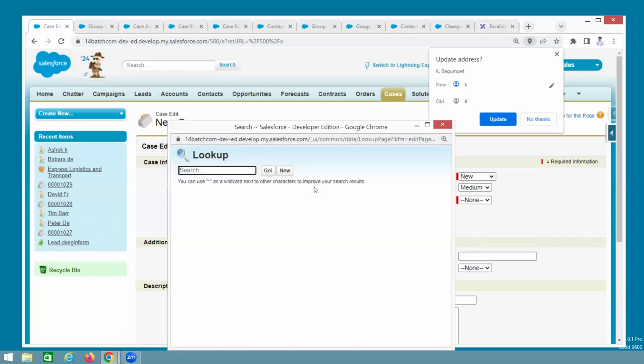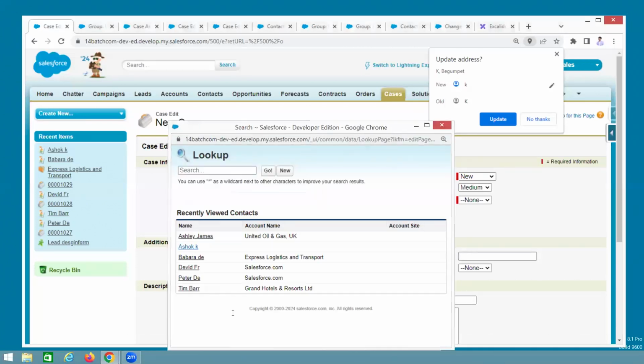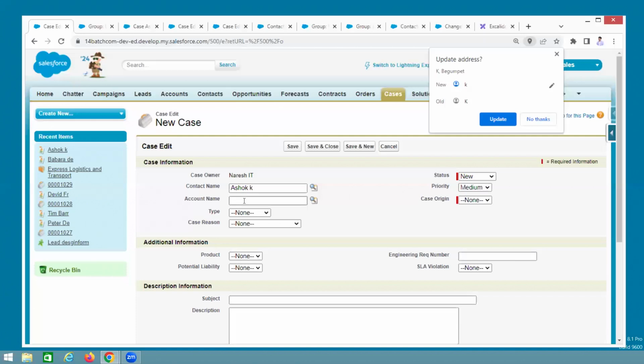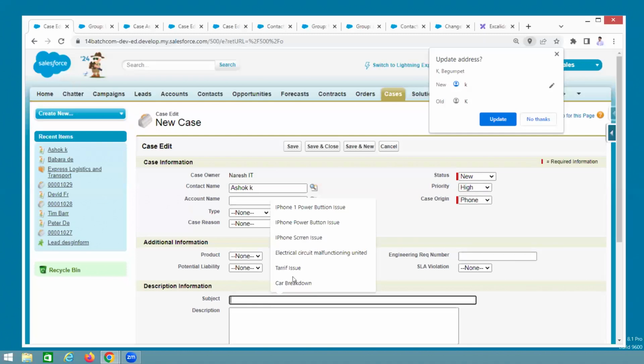That guy asks, hey, what is your name? My name is Ashok. Okay. There is no account, Ashok is a direct contact. New, it is the highest priority. It is phone. What is the issue? iPhone screen issue, blah, blah, blah. Now it is saving. Whenever the customer care guy clicks on save,